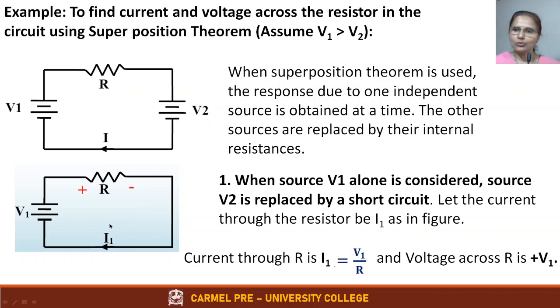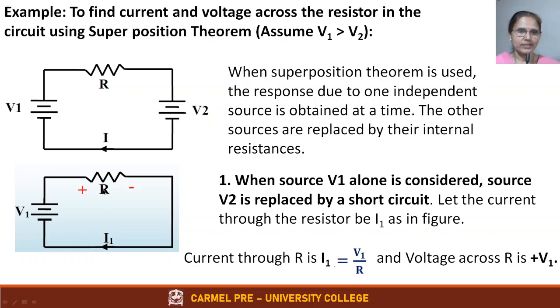We are going to call now the current as I1 and voltage across it as V1. Okay, so voltage, we will not call it as V1. Already V1 is there, so we will just say voltage across resistor. So when we have only one voltage source, what is the current flowing through the resistor? We have one voltage, one resistor. So according to Ohm's law, current I1 is equal to V1 divided by R. Okay, that is what is written here.